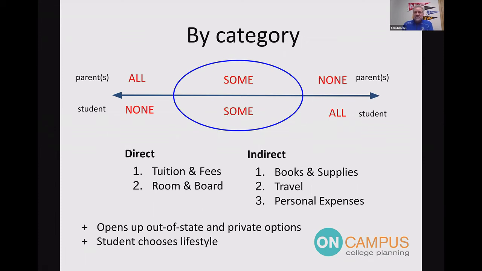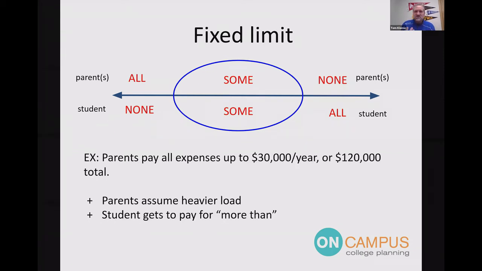But that was great, because they could really then focus on the room and board thing and look for places where they could earn big merit scholarships. And Joe's second choice, man, he would have paid about $2,000 a year in room and board after his share of the merit scholarship. It ultimately wasn't what he chose. He's still getting a great deal, but that was really a good choice, I think, by us to sort of open up some options as well. So that's a category type of thing, and you can split that any way you want.